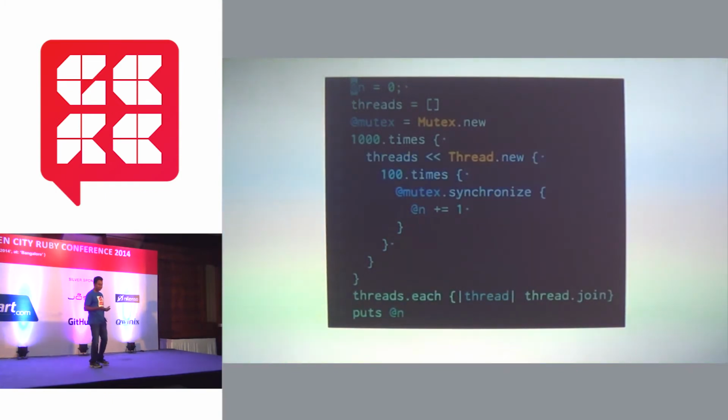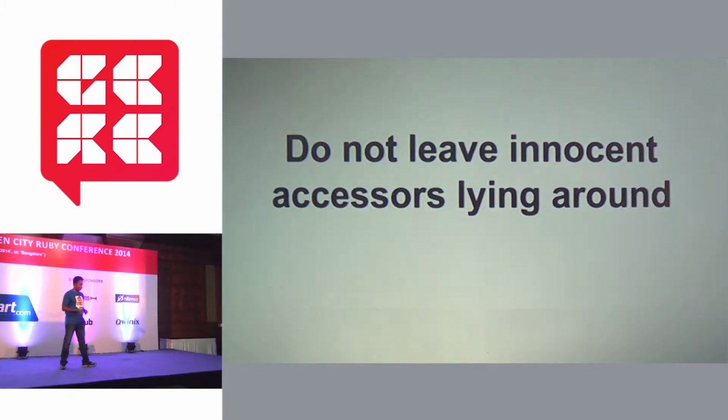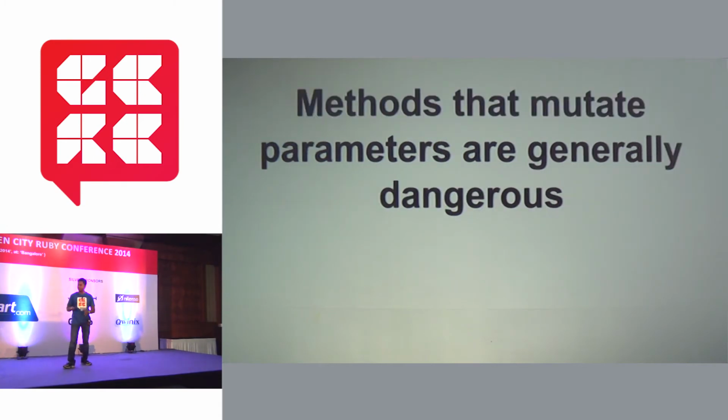I'm sure all of you know, but it's really important even for a stupid operation like a plus equals. Simple things which I've noticed in Ruby code bases and Rails code bases as well: there is a synchronized section of the code with locks and synchronization and everything. It's really safe, but we leave an innocent accessor lying around, and that causes a lot of pain when debugging those issues. And general issues like state mutation inside methods are really a bad idea. So if you're looking for issues around multi-threading, this might be a good place to start.